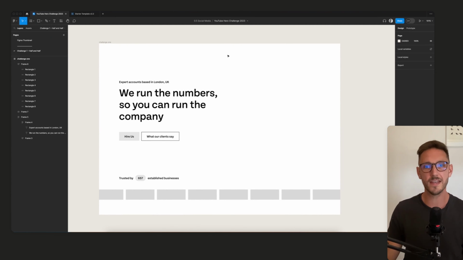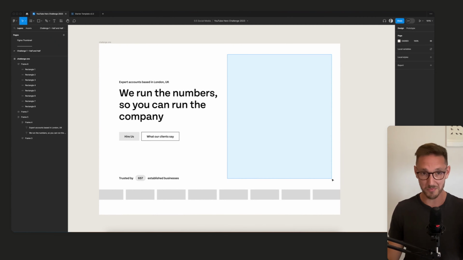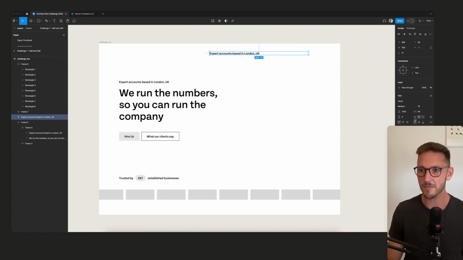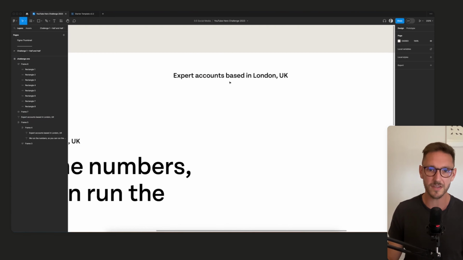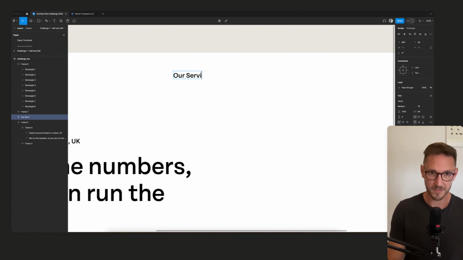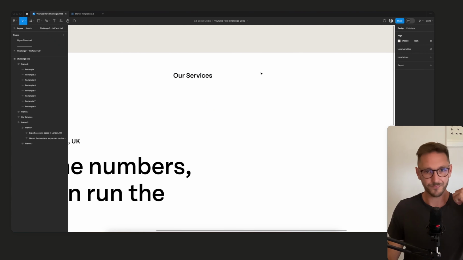So we need to do something on the right because our brief is half and half. We're going to need a logo in the top left. We're not obviously going to be designing a logo here, and we're going to need some nav links. So let's do something like our services. People might want to know, do you do our tax reporting? I don't know much about accounting. Do you do our VAT return? That's something I know we have to do. Corporation tax, all this kind of stuff.